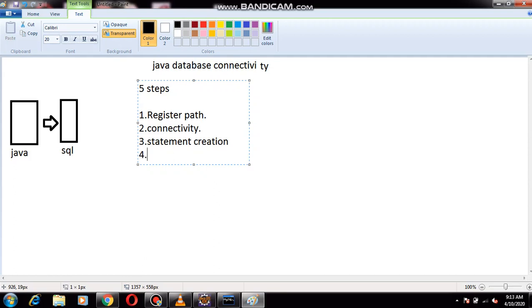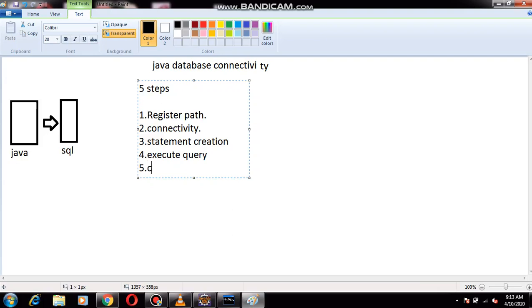After writing the statement, we have to execute that query. Whatever statement you have written, we have to execute it. Execute means it will go and be inserted in the database. I am writing the query inside a statement, for example create table employee. I am just creating the table. If I want to insert that table into the database, we have to execute that statement. That is nothing but execute query.